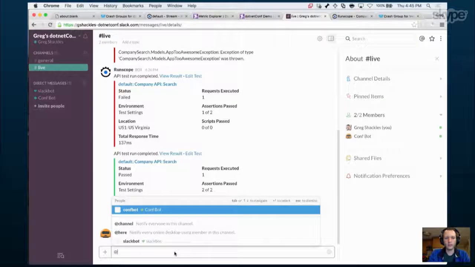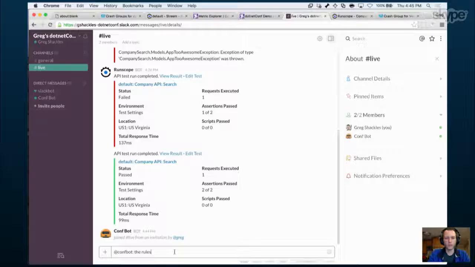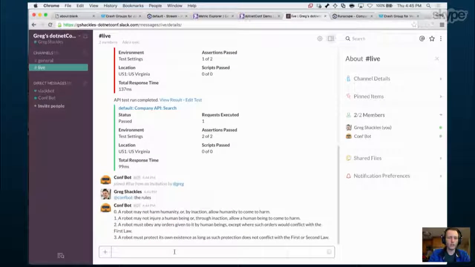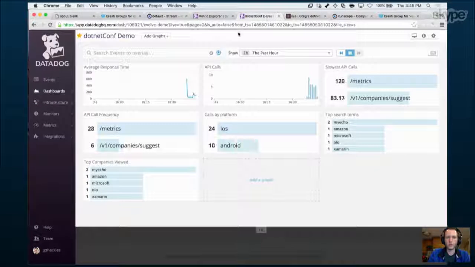First, let's make sure that ConfBot understands the rules of the game here. And it looks like he's got that down pat. So let's show off what it would look like to actually ask ConfBot what's going on in Datadog right now. So what I'm going to do is I'm going to come in,